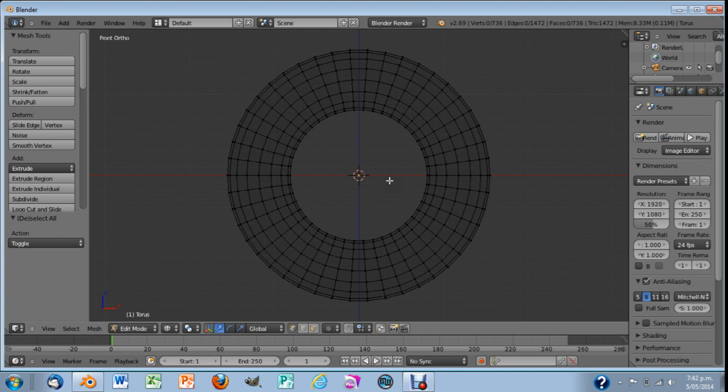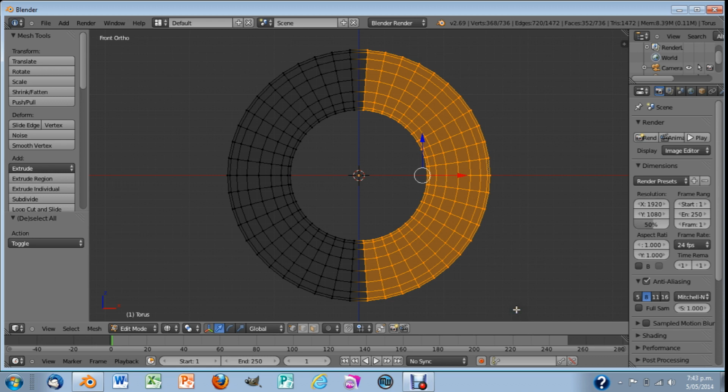Now I want to press B on my keyboard to select the right hand side of the torus. Now the reason why we put 46 in as our major segments before is so, as you can see by the Z axis, when I select the right hand side, I'm not going to go through any edges or vertexes. So I'm just going to select that side,